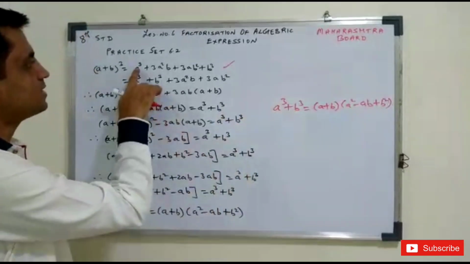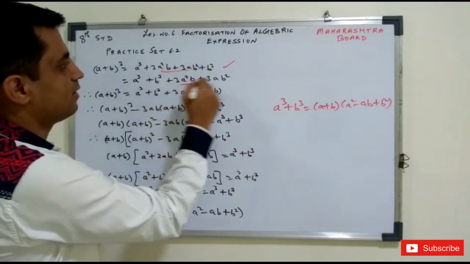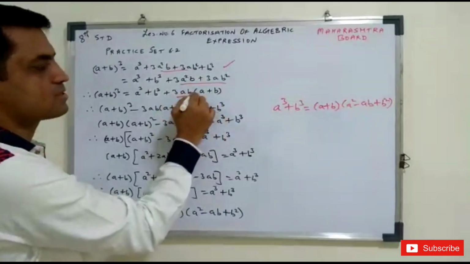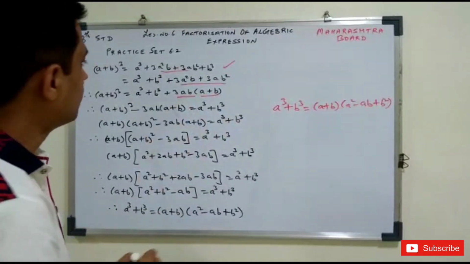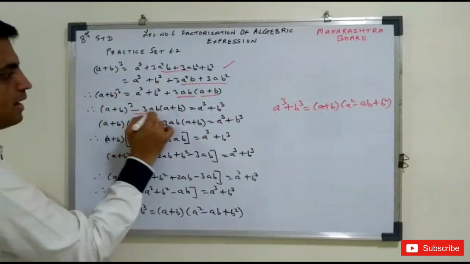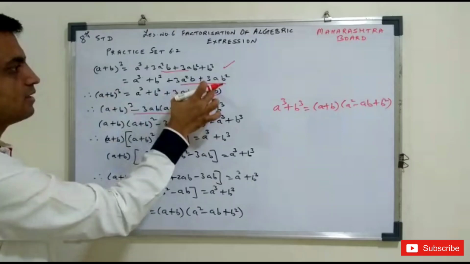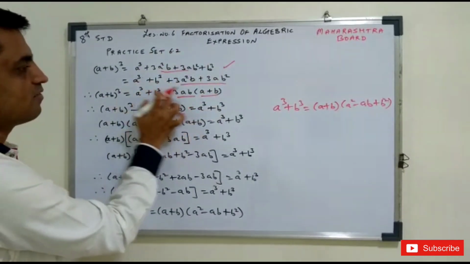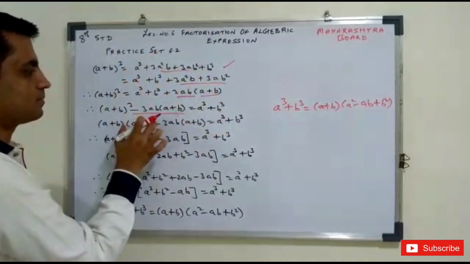Now we have rearranged a cube and this b cube, we have written here, and these two terms we have written here. After this, from this, what is common? 3ab is common. So what will remain here? a plus b. Now we have rearranged the term. We have taken this term here, so it becomes minus 3ab. a plus b the whole cube is as it is, and this we have taken here. It becomes what? Minus 3ab a plus b, and what will be left? a cube plus b cube. So this we have shifted here.